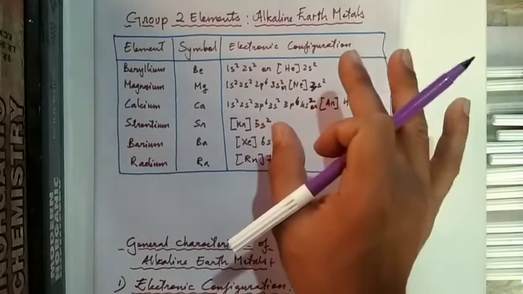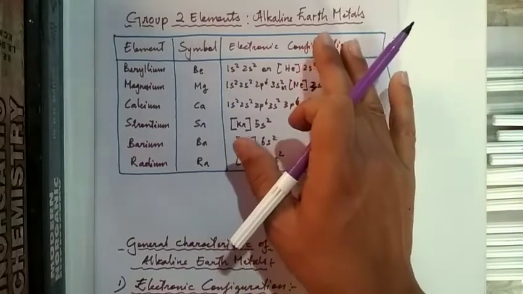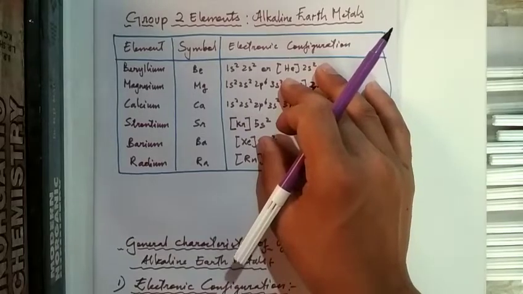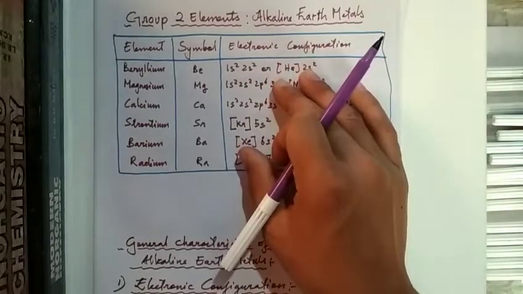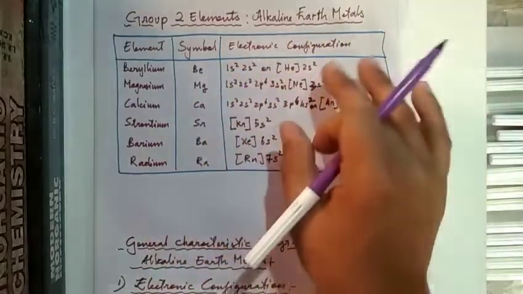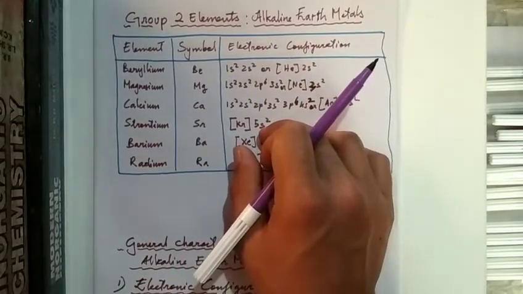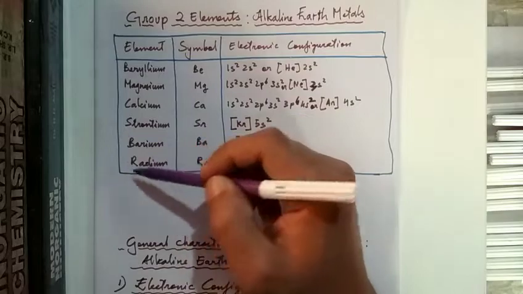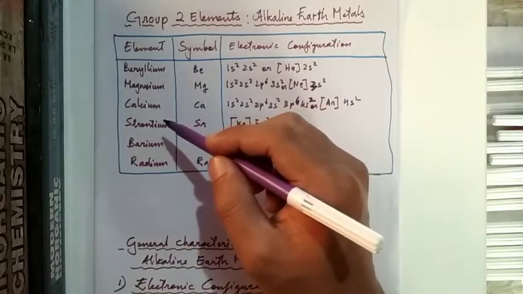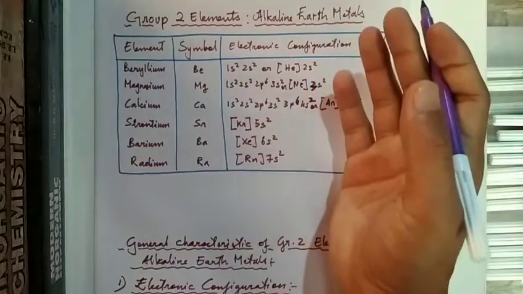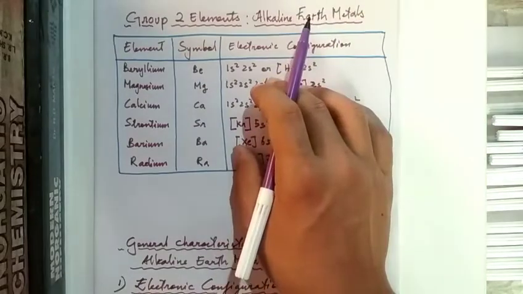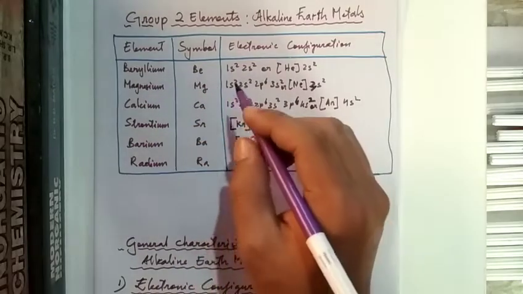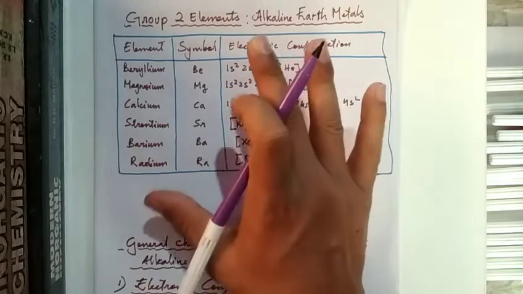These alkaline earth metals are known as alkaline earth metals because their oxides and hydroxides are alkaline in nature, and their oxides are found in the Earth's crust. Except for beryllium, all of these have oxides and hydroxides that are alkaline in nature. For beryllium, the oxide is amphoteric, which means it can act as a base or an acid.